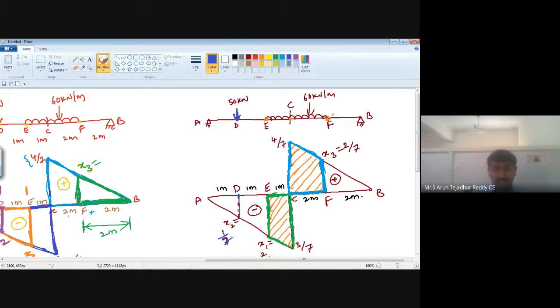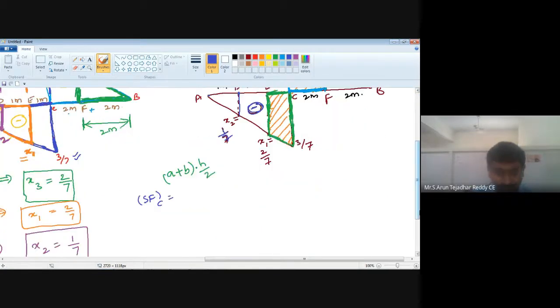That is 1 by 7. So 50 should be multiplied with 1 by 7. But see, from A to C, it is entirely downward portion. And here we have an indication minus. A to C is the downward portion. It is completely minus. So observe here, it is 50 into minus 1 by 7, plus